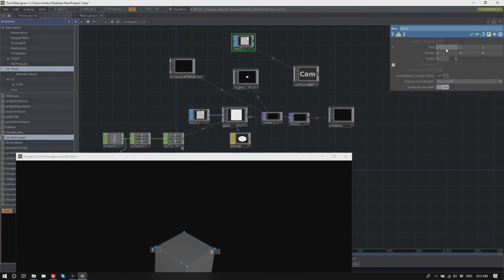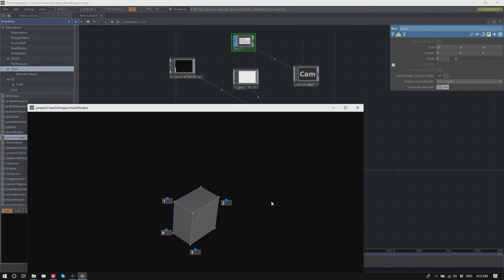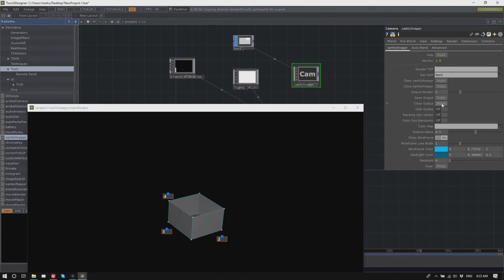So I'll make my box 15, 14, 9. Okay. Very nice. So remove all of these points, or just hit reset here. And now we'll point the projector.